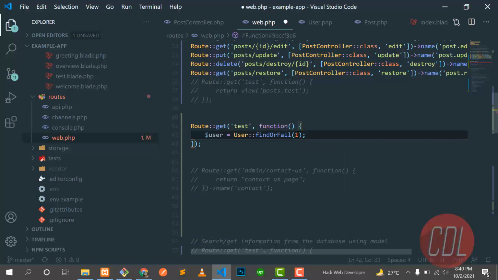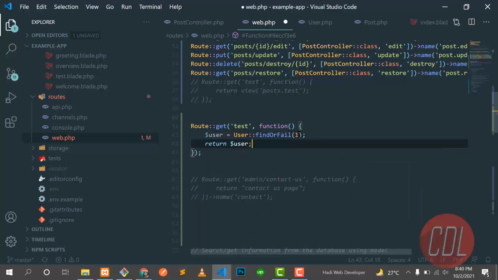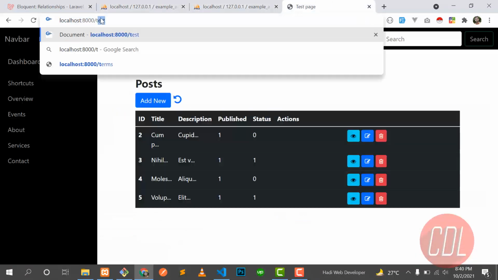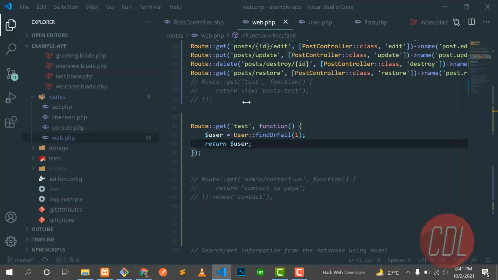I want to get the first user. Let me return it and show you that we are receiving a user here. Give it a refresh, and yes, now we are getting this user, Hadi. I want to get Hadi's post. Its id is 1, and I want to get the post where id equals 1. So how can I do this?